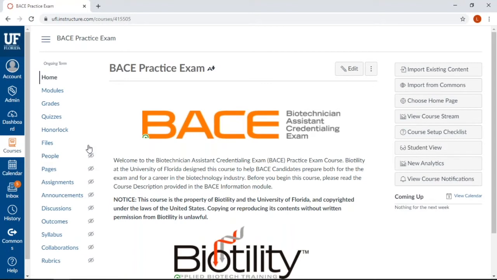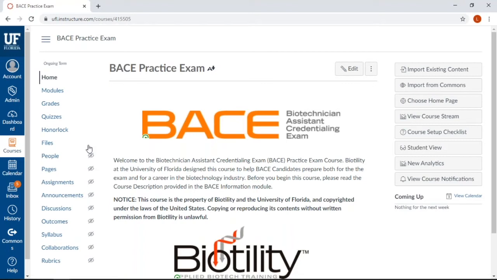The student role can read content, participate in course activities, submit assignments, and take quizzes. Please note that all users, meaning both exam site personnel and candidates, enroll through the same enrollment link, and therefore all users are initially designated as students. Once enrolled, the exam site personnel may be promoted to the teaching assistant role.